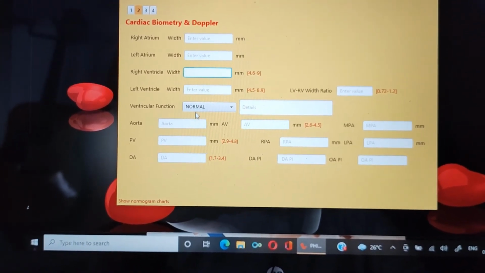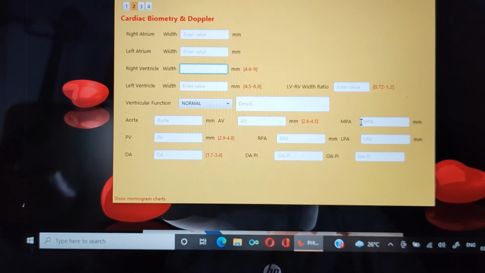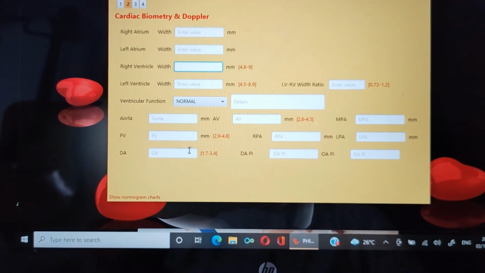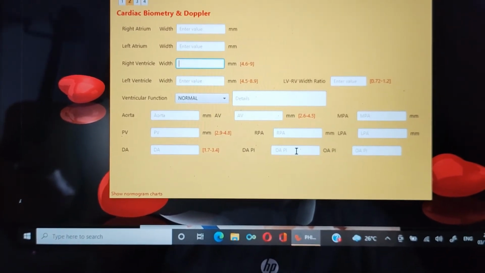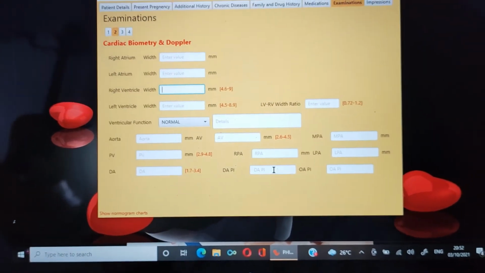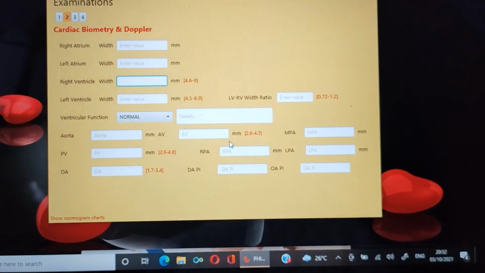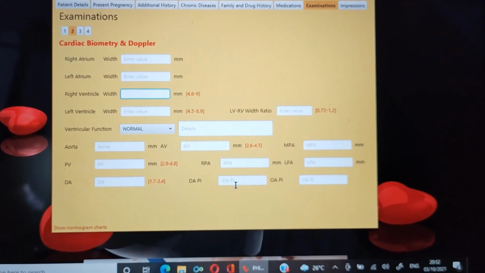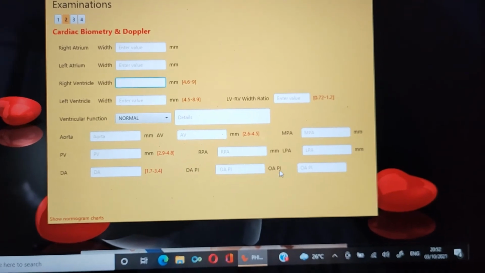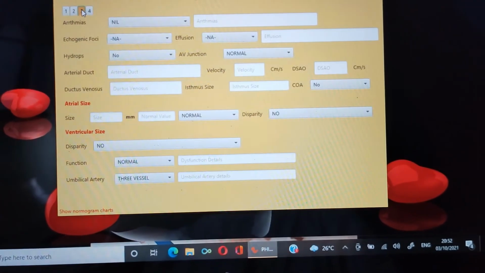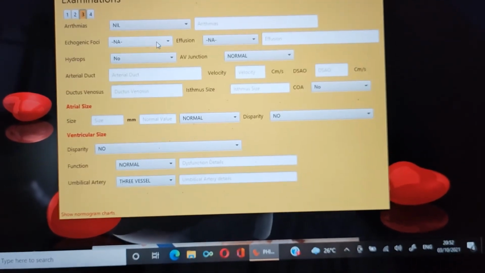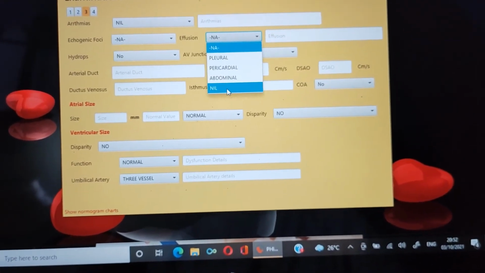So RV, LV, ventricular function, aorta, PA, PV, DA, ductus arteriosus, and ductus arteriosus PI. I used to do Doppler also in between in some cases, especially those coming with hypertension and all. So the ophthalmic artery, PI, etc., you can add. So most of the things I added, and if effusion is there, then you put nil.